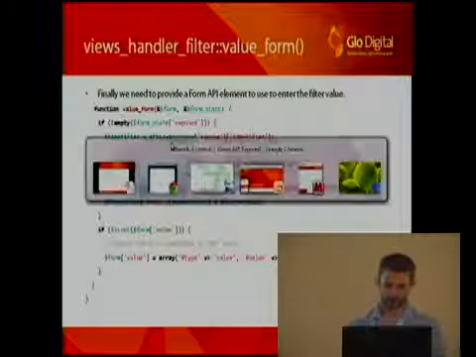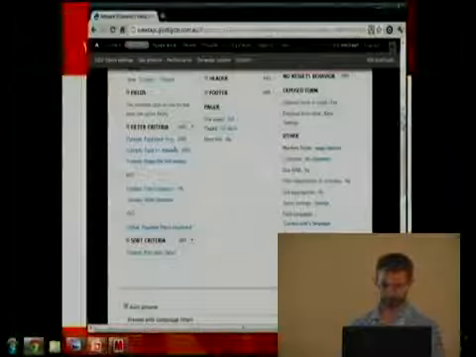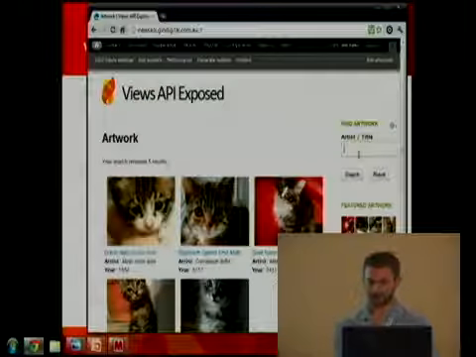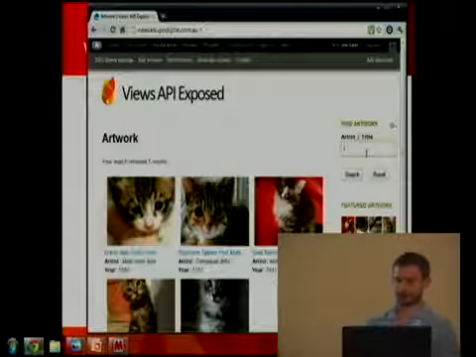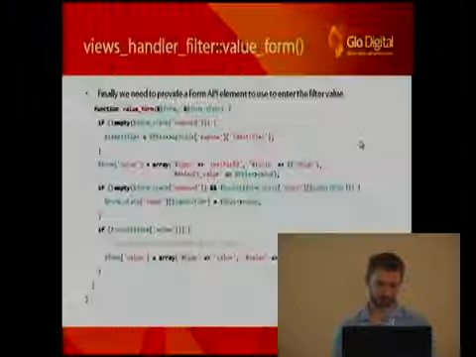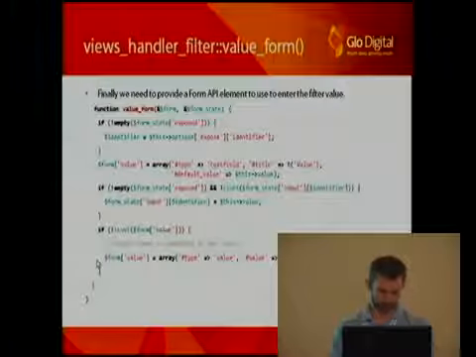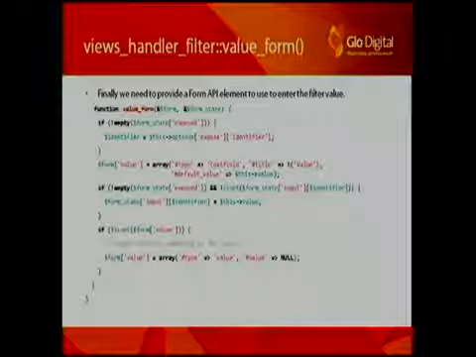Then the next thing we need to do is provide a form element to actually use for the exposed filter. Over here we've got a text field. Again, that's using the form API, and all we're doing is returning some standard form API code.